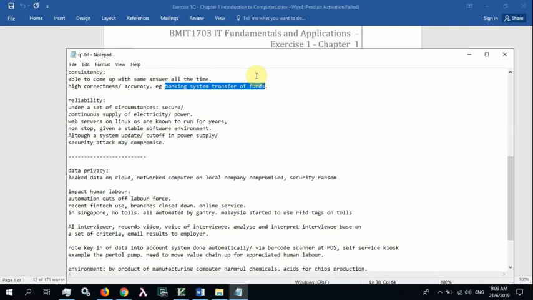So this event has to happen completely, or it will just roll back to its original state as if no transfer has happened at all. So this is consistency. And computers are able to achieve this in a very graceful manner.